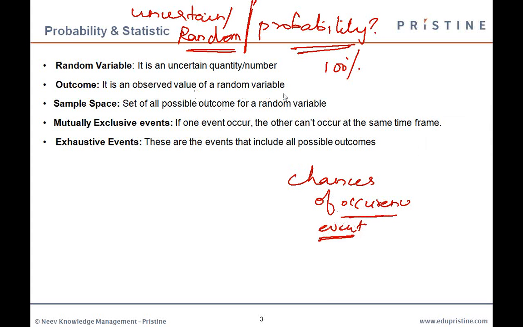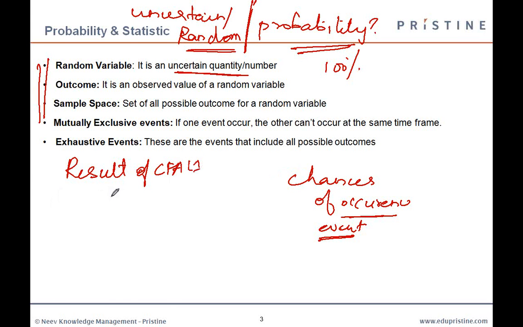Okay. So let's try to understand probability in a little bit more detail. Before that, let's first understand these terminologies. So there is a random variable. As we said, a random variable is nothing but something which is uncertain. Any event which is uncertain will be called a random event or a random variable. Okay. So in our example, you writing the exam and the result of your CFA Level 1 exam is a random event.